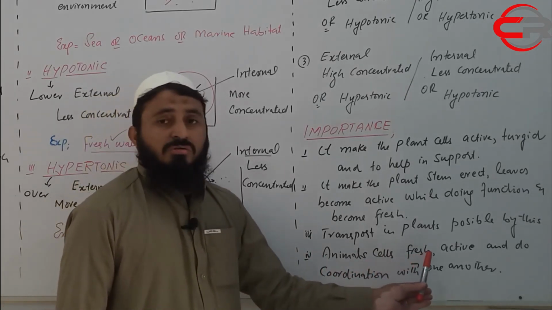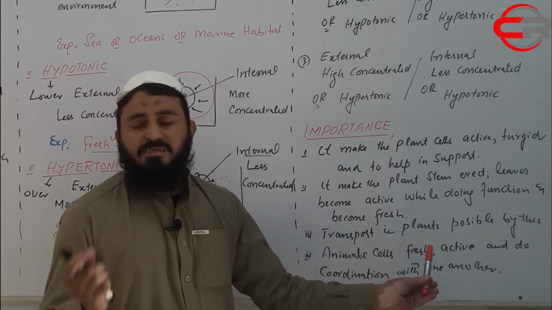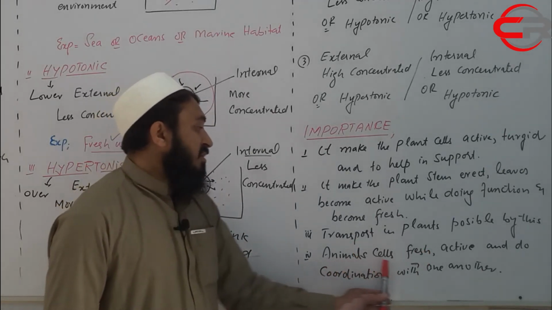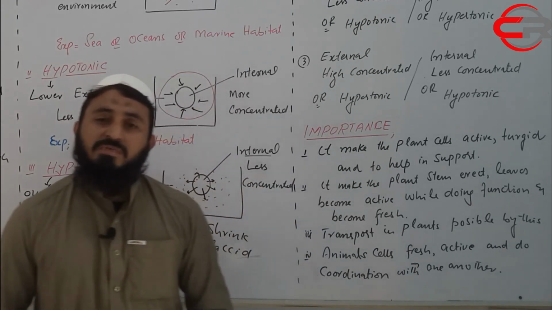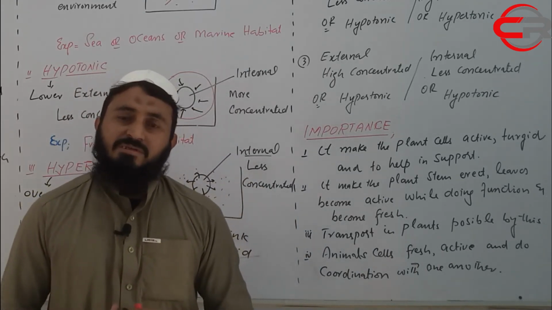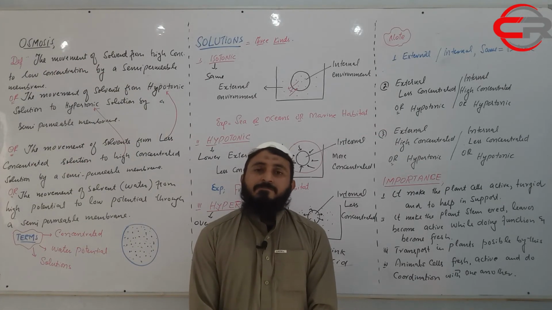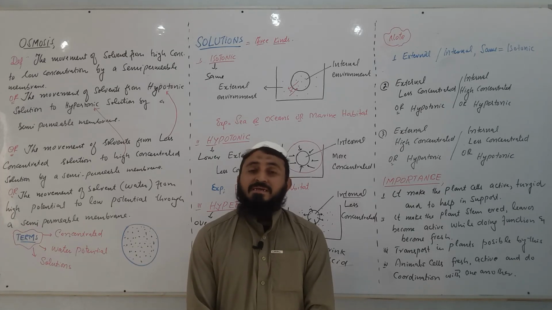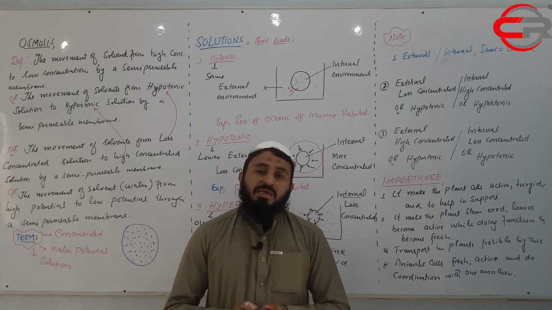Animals become fresh. Animal cells, all cells, whether they belong to the lungs, kidney, heart or brain, any animal cell stays fresh, active and coordinates with one another due to these solutions found in our bodies, in our cells. So dear students, I have discussed the process of osmosis and the different kinds of solutions that regulate our body and also the body of plants. They regulate and coordinate different systems in our body as well as in plants,